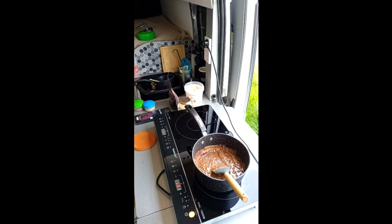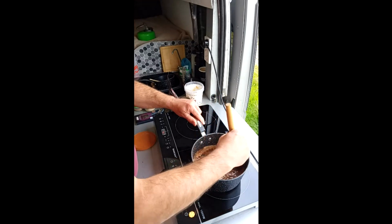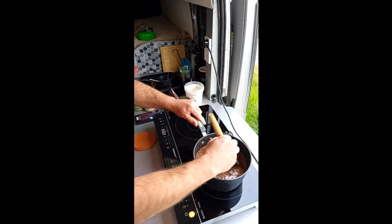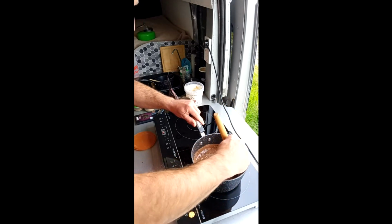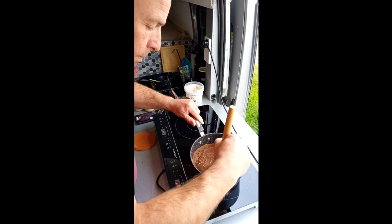The Himalayan pink salt is low in sodium, so you get the flavour enhancement from it. And I guess some people might say it's better for you because it has less of a negative effect on your blood. But